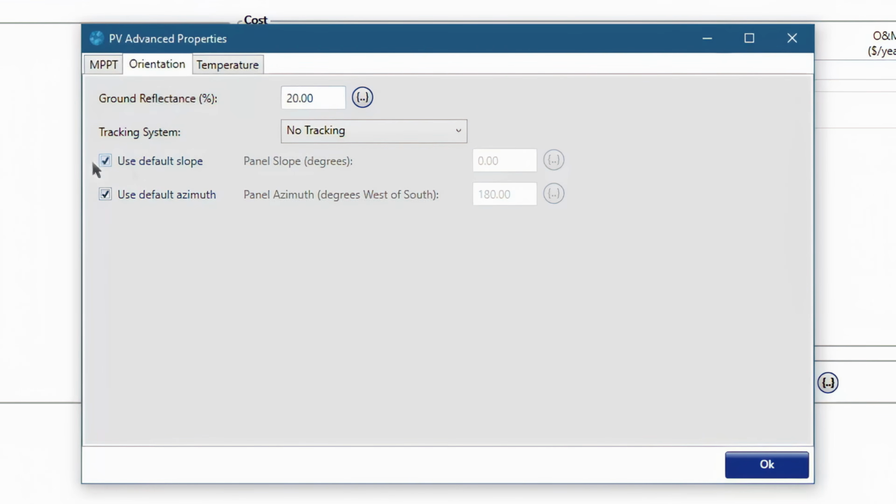Yeah, there are 2 ticks here. You can just check one of these check marks or even both of them. The first one is about use default slope. So depending on the location, HOMER suggests a panel slope, and then you can keep that as well, or if you're obliged to keep, for example, a slope for your PV